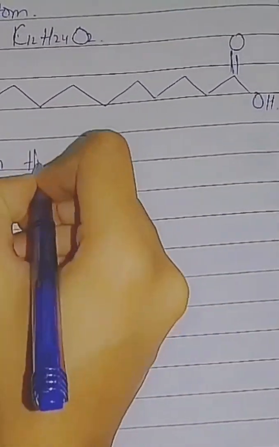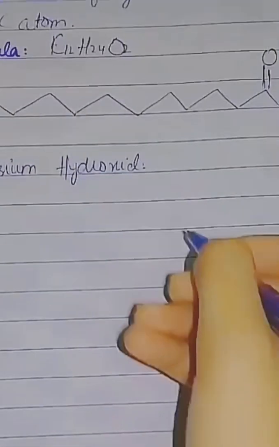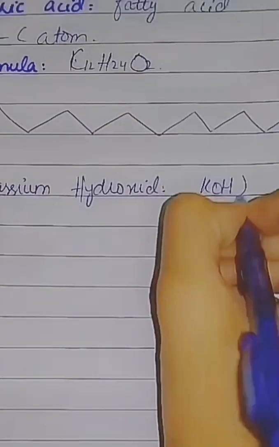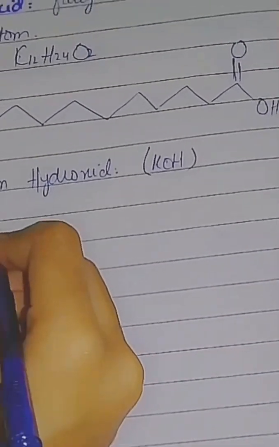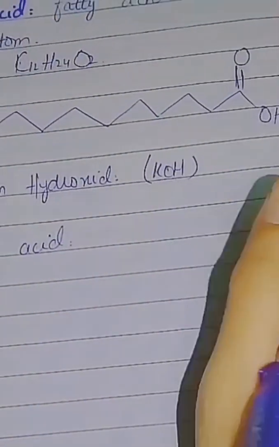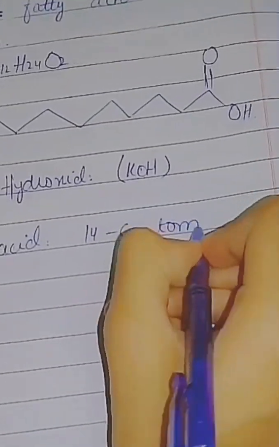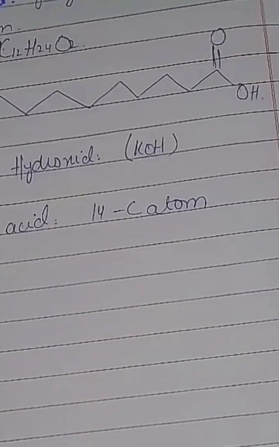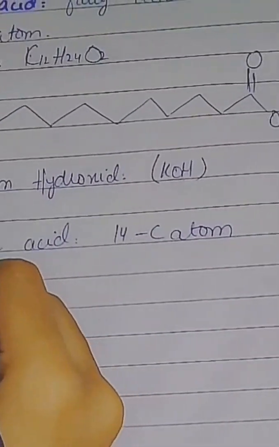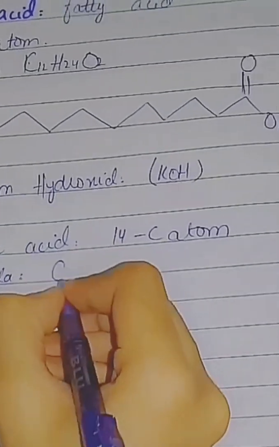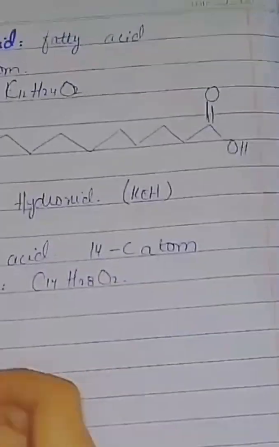Second one is potassium hydroxide. As we all know, potassium hydroxide is an inorganic compound with chemical formula KOH. It is a potent base that is marketed in several forms. And third one is myristic acid. Myristic acid is also a saturated fatty acid with 14 carbon atoms, and it is also used in cosmetics and care products such as emulsifying agent and surfactant. Its formula is C14H28O2, and its chemical structure is